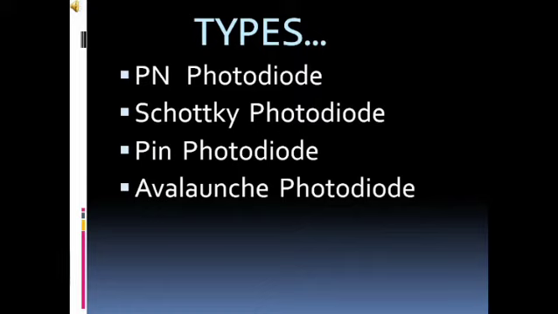Now let's see. These diodes are widely used in applications where detection of the presence of light, position, color, or intensity is required. They also have main features like long life, good linearity with respect to the incident light, and low noise. Because of these features, they are used in these applications.